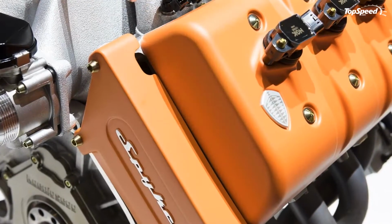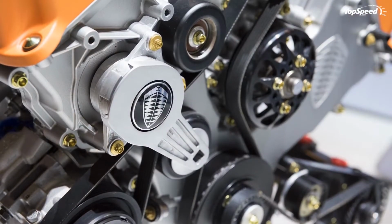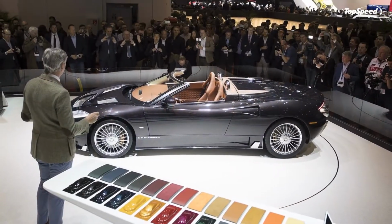And with pricing starting at $280,900, it's a bargain compared to the C8. Of course, if you need extra exclusivity, you can always go for any one of Ferrari's limited editions, such as the